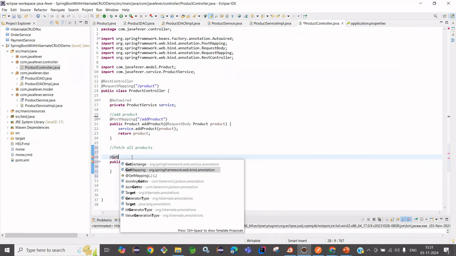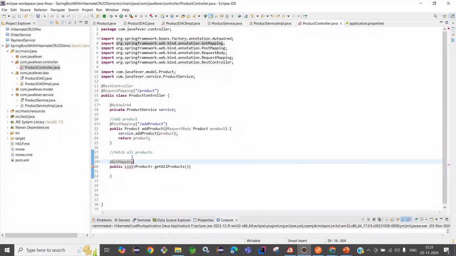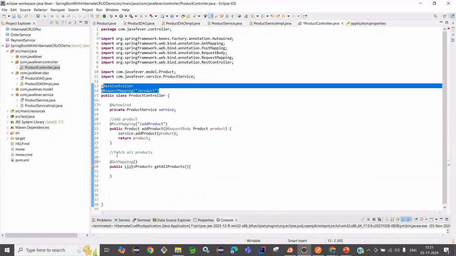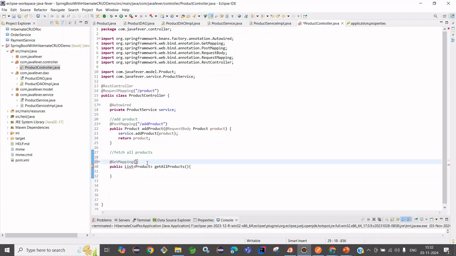This is the GET, so we can make it @GetMapping. We can use @RequestMapping also instead of @PostMapping and @GetMapping, but it is better to use @GetMapping if it is a GET API, and @PostMapping if it is a POST API. So now this is a GET API, so get